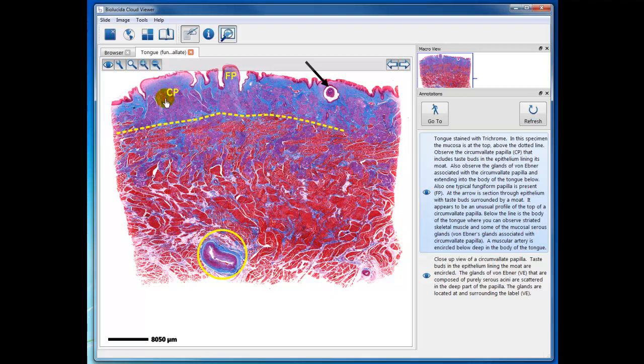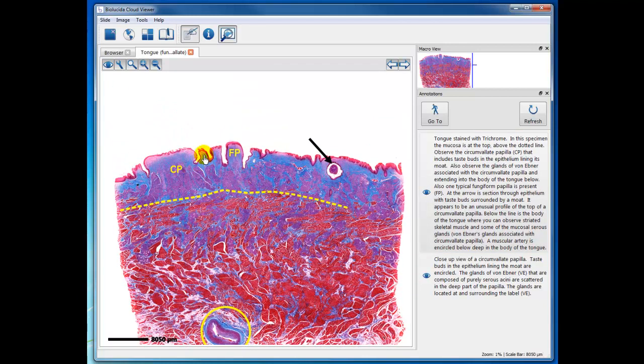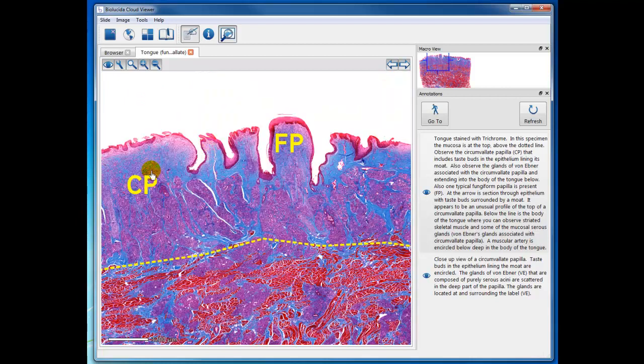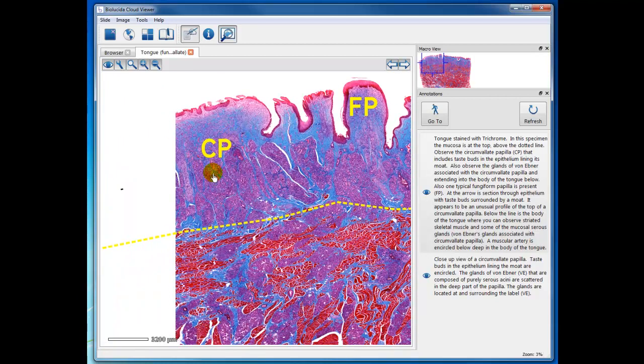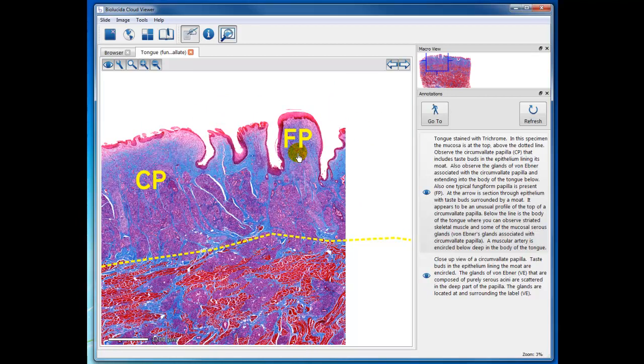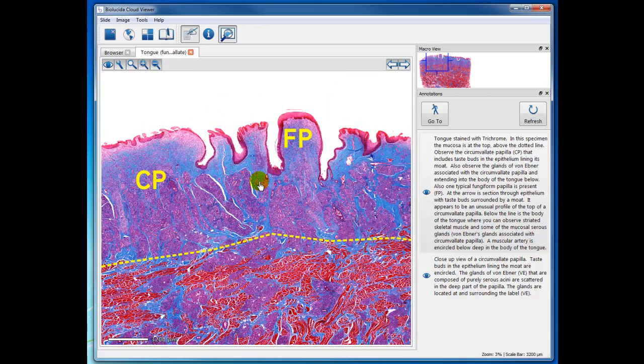The one papilla of the tongue that is not here, although this here is very close to being one of those filiform papilla, but the circumvallate papilla, CP, and the fungiform papilla are labeled, and we're showing you